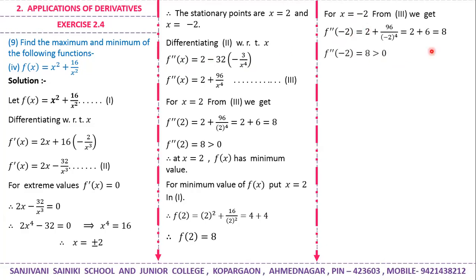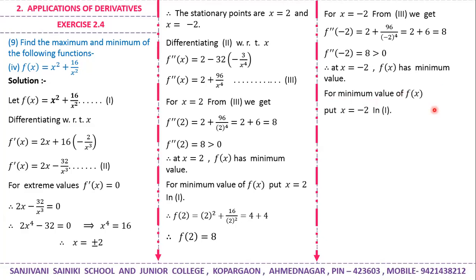What do you get? You get plus 8 again. So at x is equal to minus 2, you get the minimum value. And for the minimum value, we will put x is equal to minus 2. You get f of minus 2 is equal to